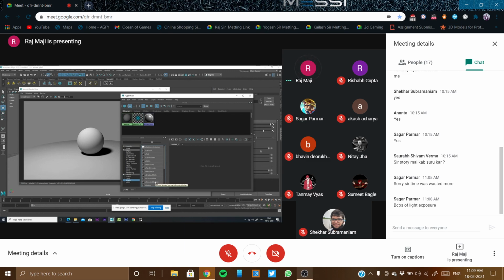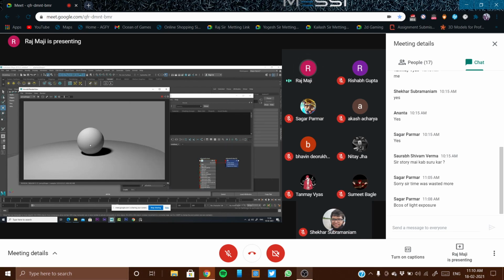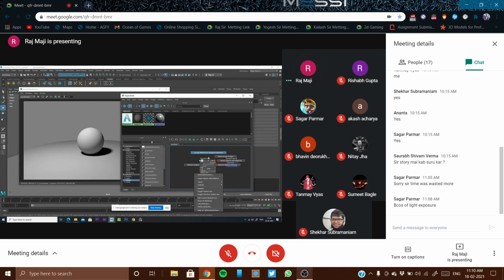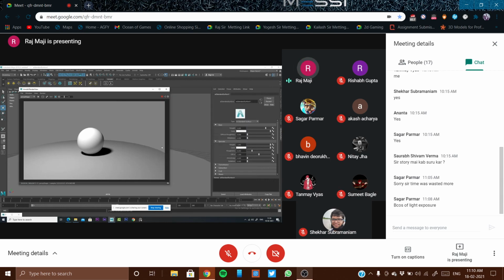By using AI Standard Surface, I think 90% of the shaders we can create. It is such a powerful material. So just select the object and assign the material to the selection. Right now, AI Standard Surface is assigned to this object. So double click on it.